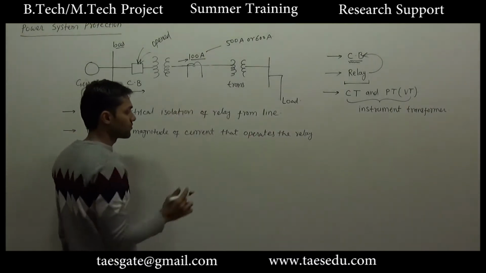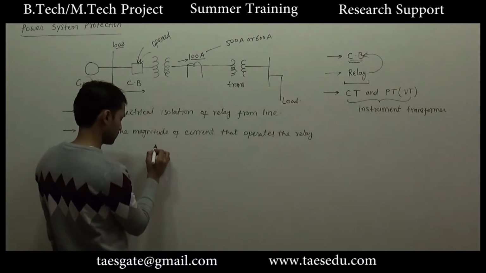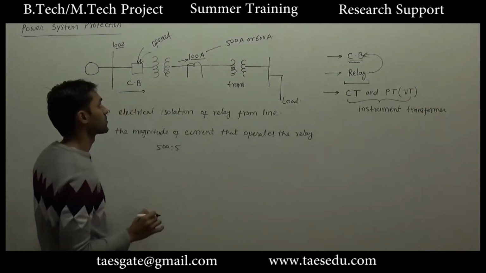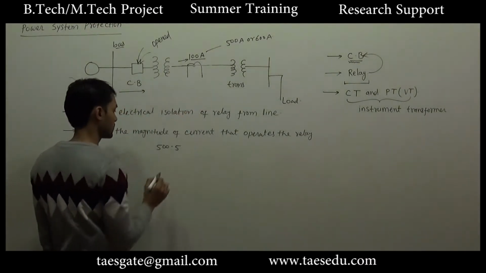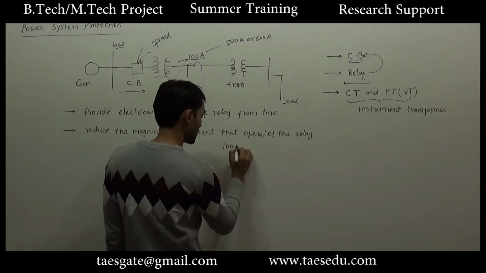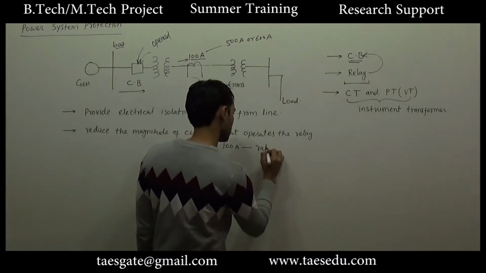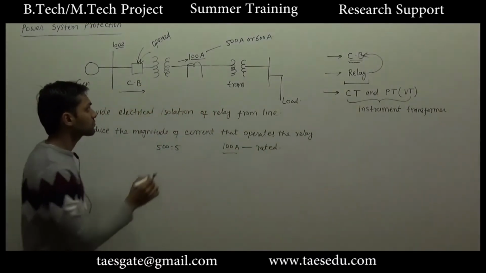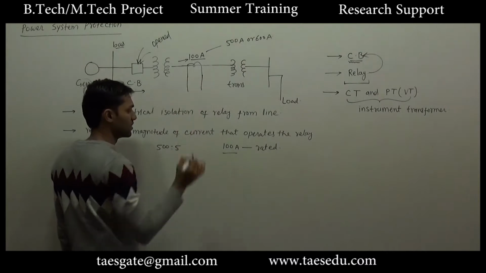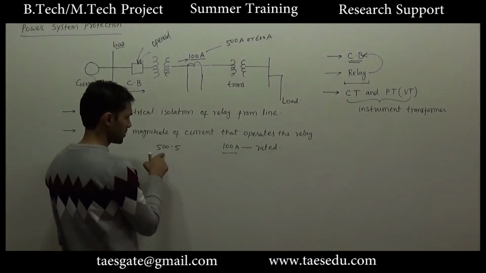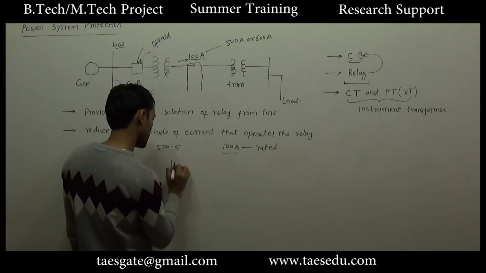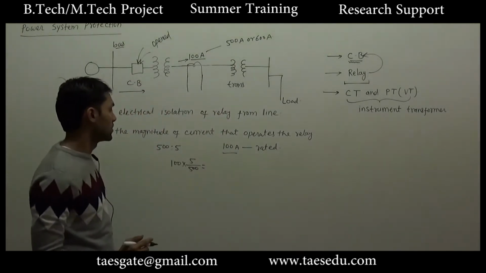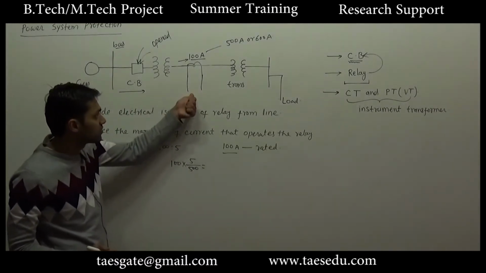Let's say the turn ratio of the current transformer is 500:5. So a current of 100 ampere, let's say 100 ampere is the normal current or rated current. Corresponding to 100 ampere current, the current that will enter into the relay, the ratio being 500:5, means the current in the secondary of the current transformer